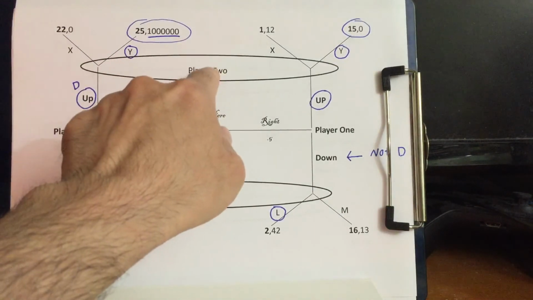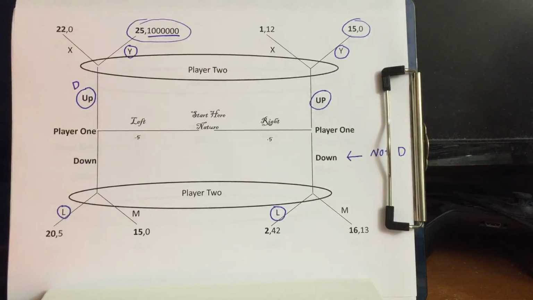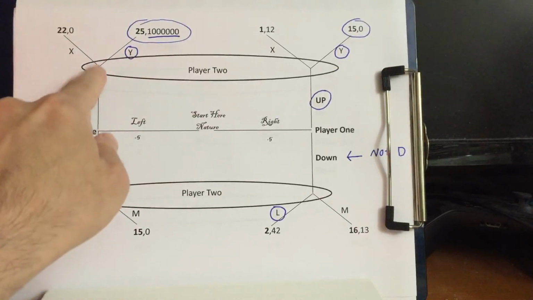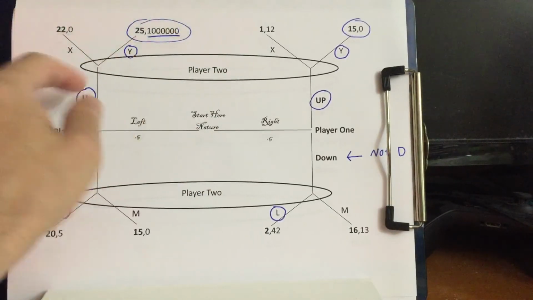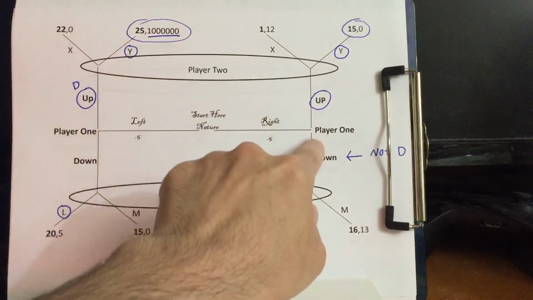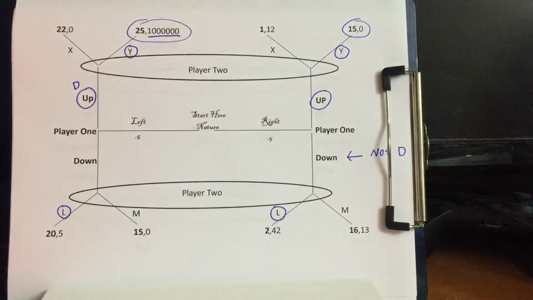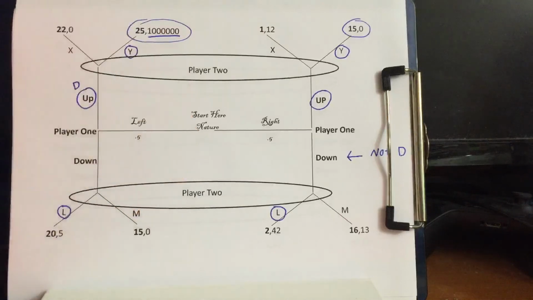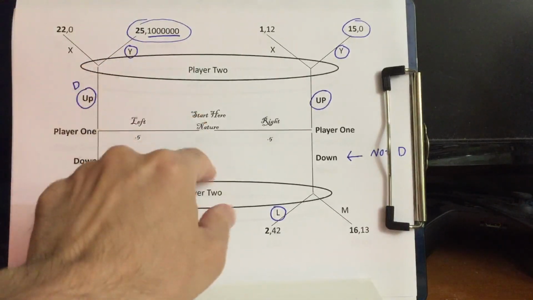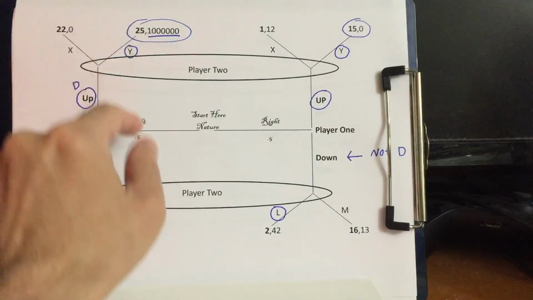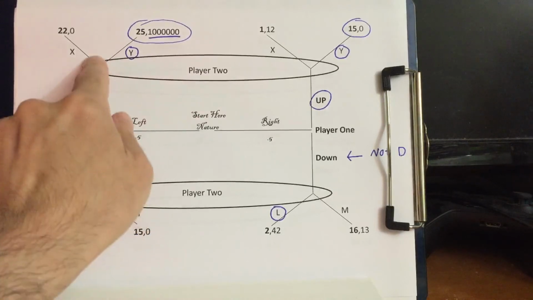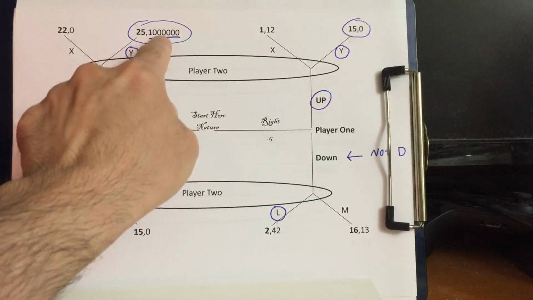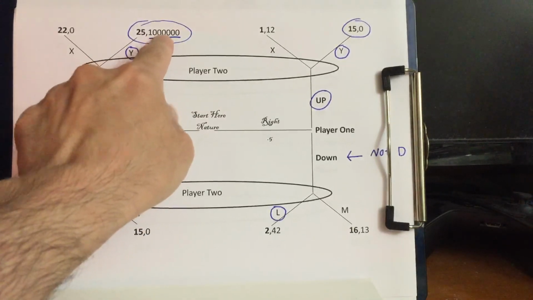Now what should player 2 do? Player 2 will say to himself, well, I know player 1's going to go up. So if I'm told up is played, maybe I'm here, but maybe this guy is also going to play up. What should I do? Well, that's why I made this number so big. Player 2 is going to say, maybe it's just the lefty who's played up, at which point I really want y because I want a chance at this big number.